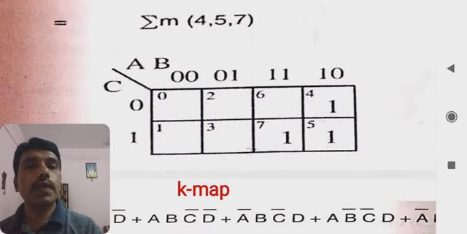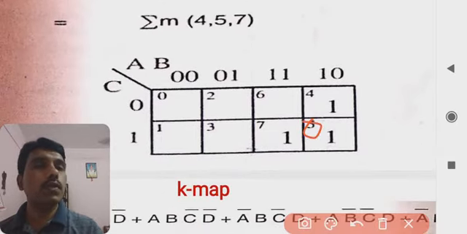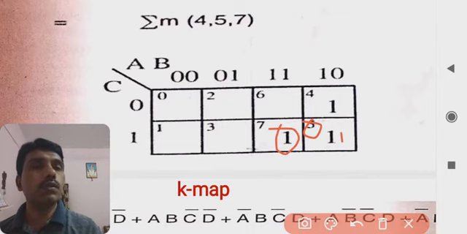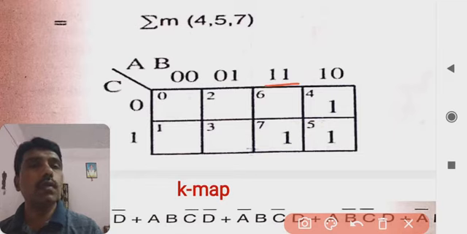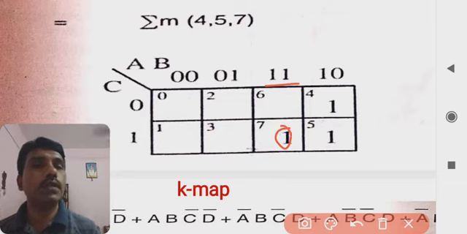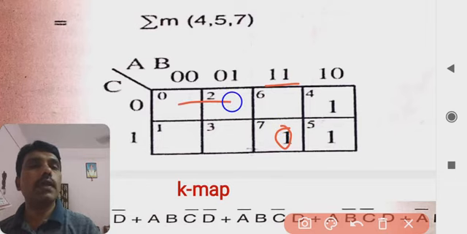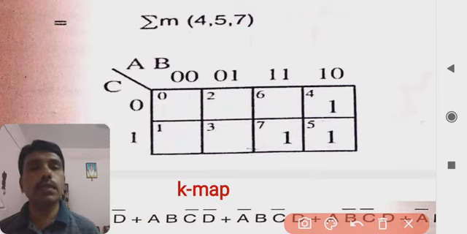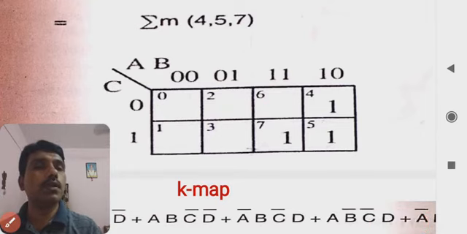For the 5, in this cell you have to put 1, and for the 7 you have to put 1 here. If you look at this case also, 1 1 1, that is 3 times 1s, and that's why we write 1 inside this. The remaining cells you can keep as they are, or assign 0, meaning no product is used in this min term expression.